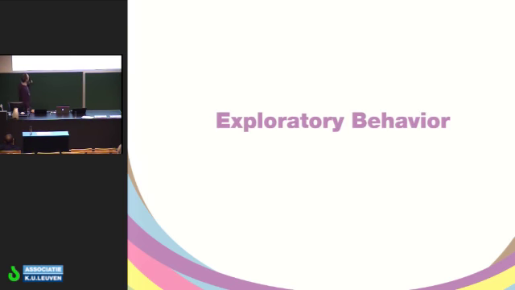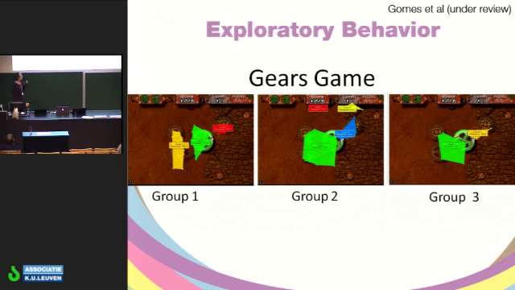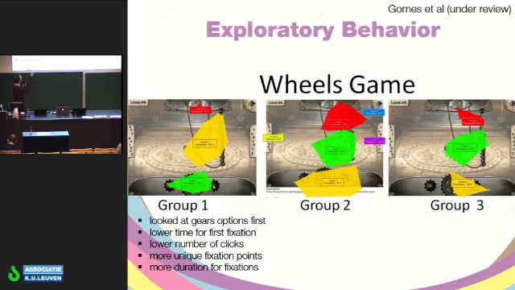So let me give you a couple more examples. So this is a game, an engineering game, where kids have to build gear systems. And in this case, we used eye tracking to look at how they were doing things differently. So you can see that when we did eye tracking, we clustered it. We did some machine learning here that I won't go into detail, but basically the difference between those three groups is that the first group, which got to the higher